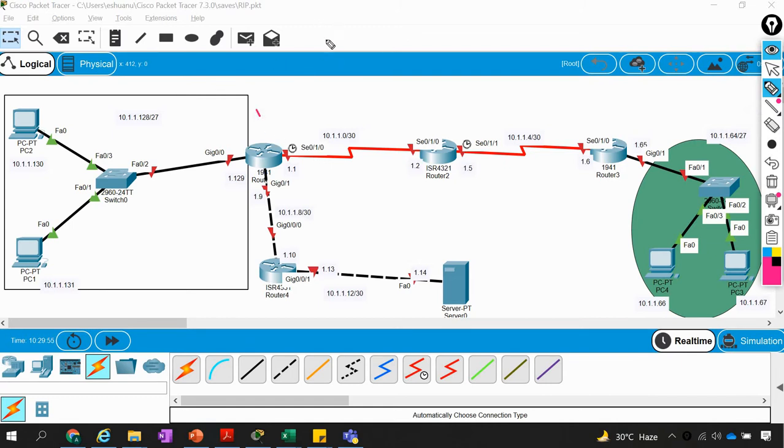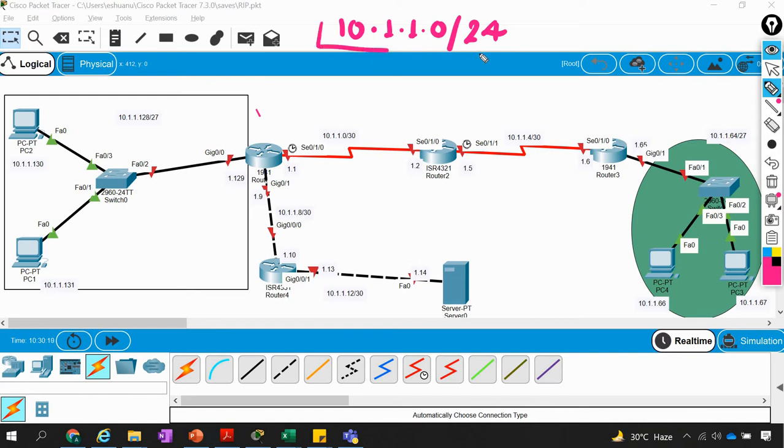So let us suppose you have one small company, and you are the administrator of your company, in fact the network administrator, and the company has given you the pool of this 10.1.1.0/24 subnet.